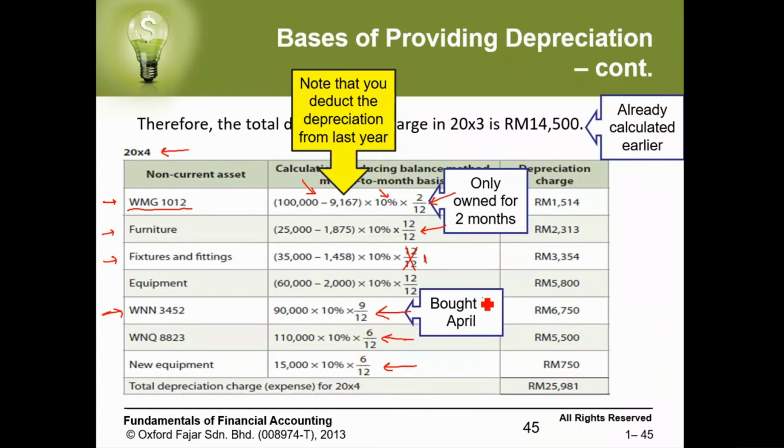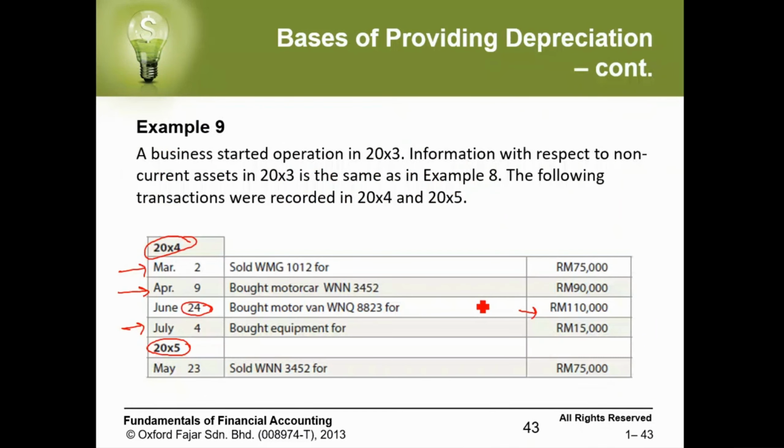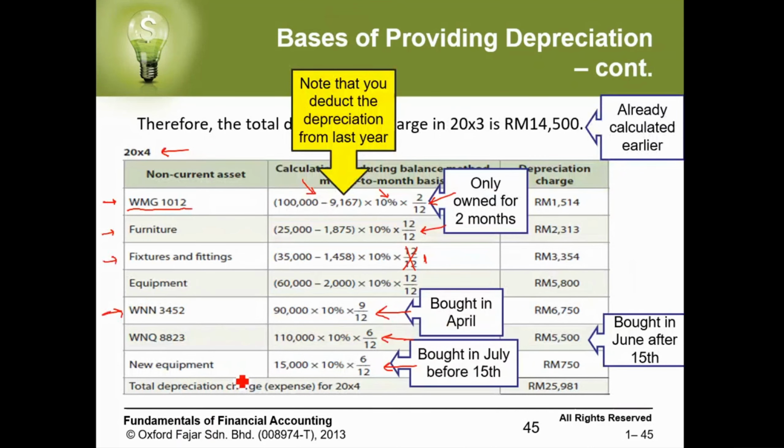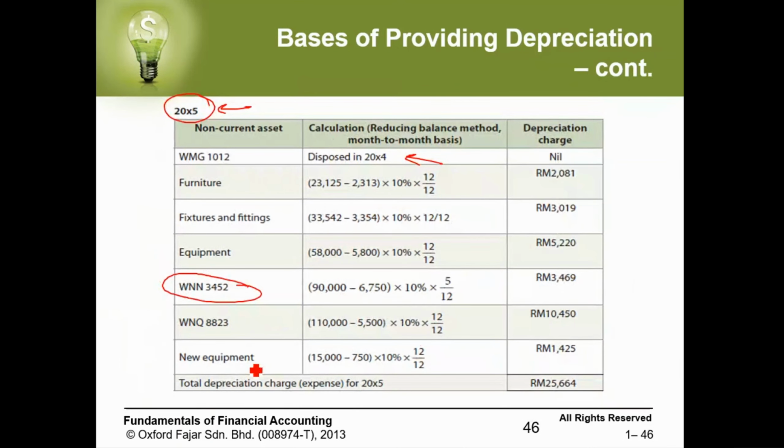We sold this asset, if you see here, on May 23rd, which means we owned it for the entire May. So we have January, February, March, April, and May. We already used it for 5 months. So this asset has to be counted for 5 months. We put the carried value. Then we calculate depreciation, and we calculate the depreciation for the rest of the assets, which we keep holding for